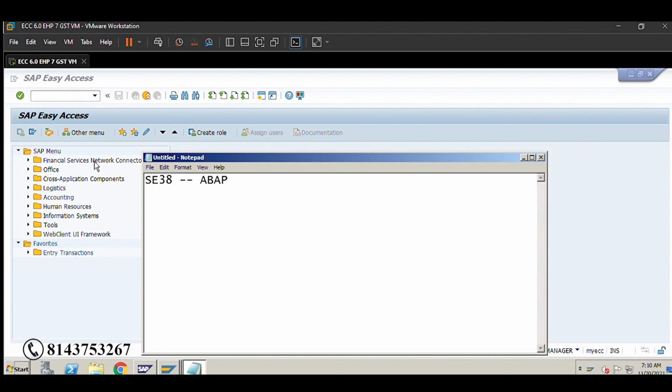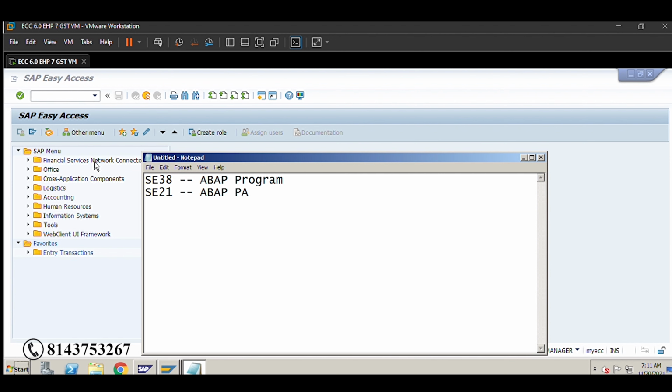We have seen some T-codes, like SE38, which is used for ABAP programs. We write the program in SE38.